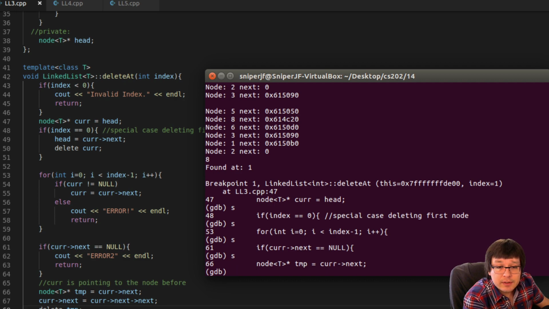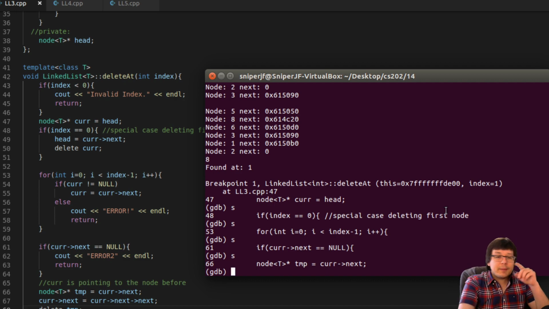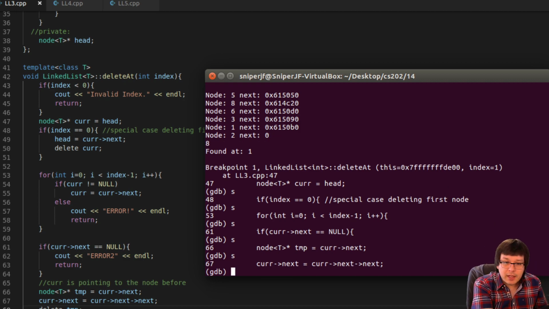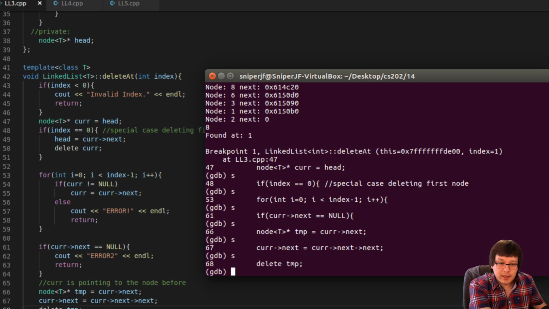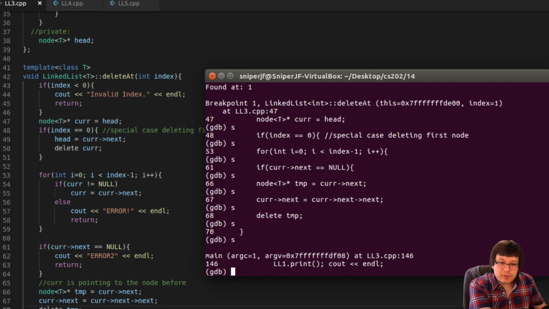So now it is going all the way to temp. Basically it only ran the for loop once. That's perfectly fine. Now we are looking at the temp gets cur next line. We're going to set temp to that. And then we are setting cur next to be equal to cur next next, which is pointing to the third item in the linked list. Yes. Then we are deleting temp. Yes. Then the function finishes.